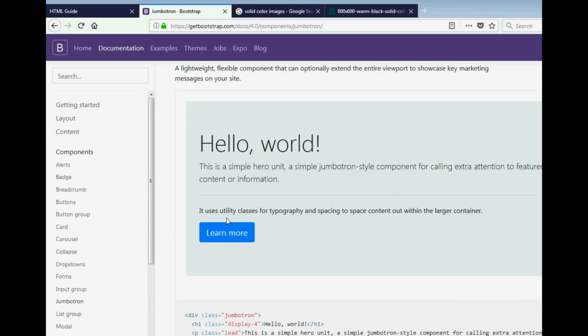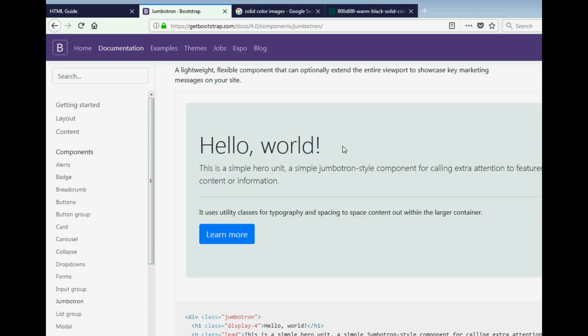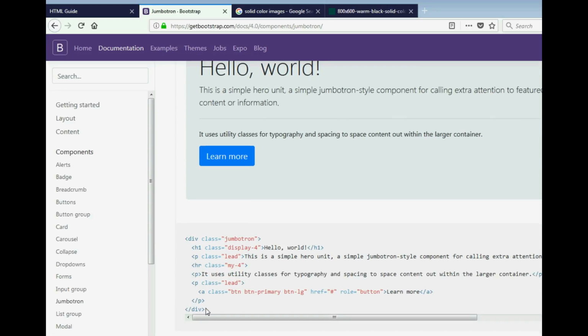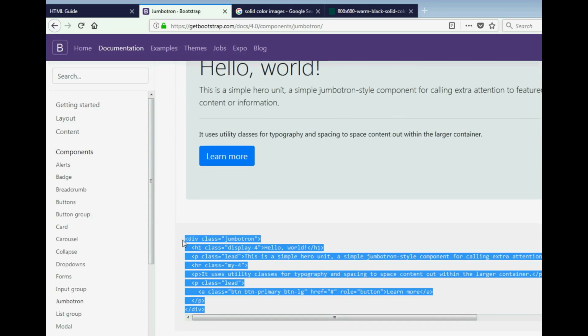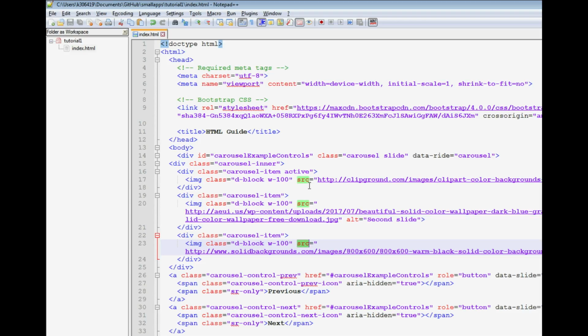So this is a Jumbotron. It has a gray background. You can replace the background with any color, of course with your CSS, and then it has some text and a button. So let me copy that and go back to my code, and I'm removing the image now